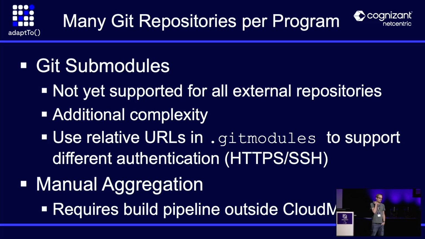How do you aggregate many Git repositories? There's actually two different solutions to that. One solution would be that you leverage Git submodules. Git submodule support is kind of built in. So when you set up a root Git repository leveraging Git submodules, that means that the Cloud Manager will automatically resolve the references, will clone it in a way that all the Git submodules are there in the correct commit ID, basically. The drawback with that is